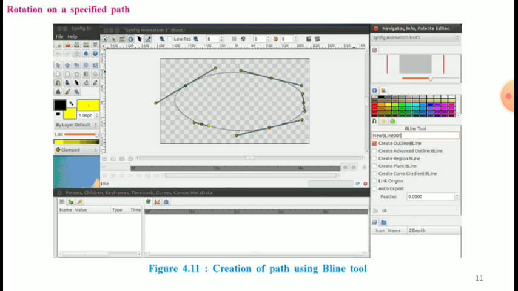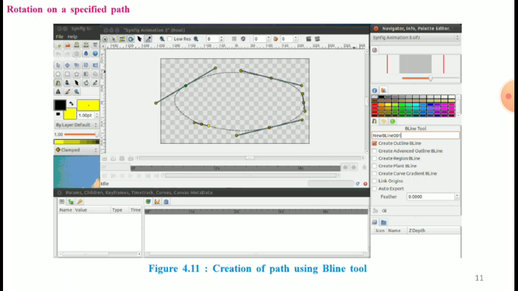In our animation example of the circle moving from left to right described in the previous chapter, we defined the starting point and the ending point. Here Synfig automatically assumes the path to be straight. But in our example, we want to move the object as per our defined path. Follow the steps mentioned to create a user defined path.